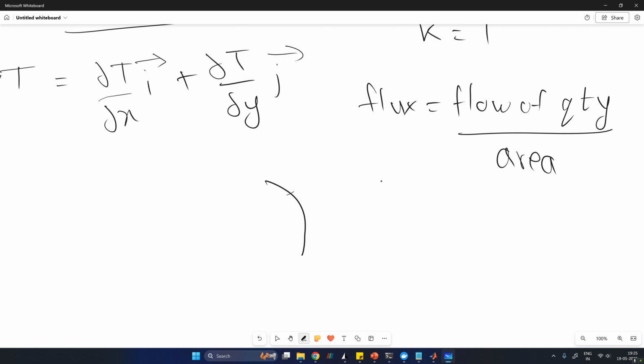So similarly, it's basically your flow of quantity per unit area. If you have this curved boundary and you're taking this element, you are calculating flux per area, so you have to define that area. So we just take a unit normal in the outward direction for this element, which is just a normal perpendicular to this element in the outward direction, and we will just dot our del T, which is a vector, with this unit normal in the outward direction. You can have k as well if you want. So this will become more accurate, and so this is your flux, and then you integrate this flux over the